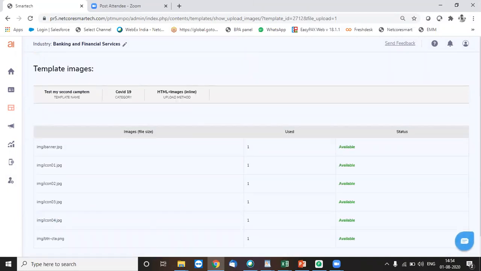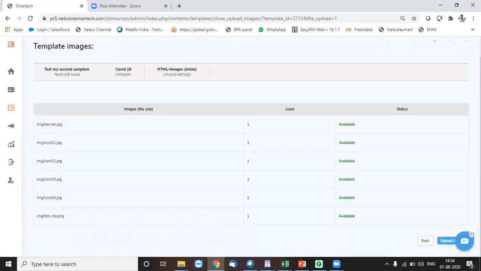Okay, and now here you might notice a change. Earlier, in the earlier option, when I used hosted images, I had a URL mentioned over here, right? But this time I'm actually having the image extension or whatever file I'm using, JPG or PNG, whichever.